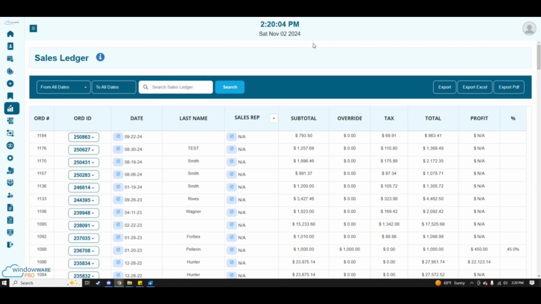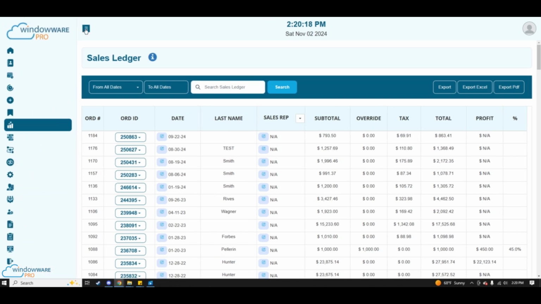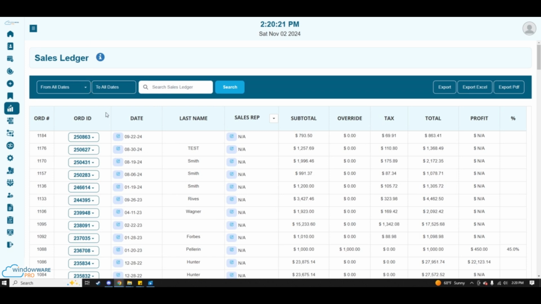When a quote is converted to an order, it automatically appears in the sales ledger, with the newest entries displayed at the top. Your sales ledger is right here. Click this link, and it'll take you to the main screen where you have several tools available, including the ability